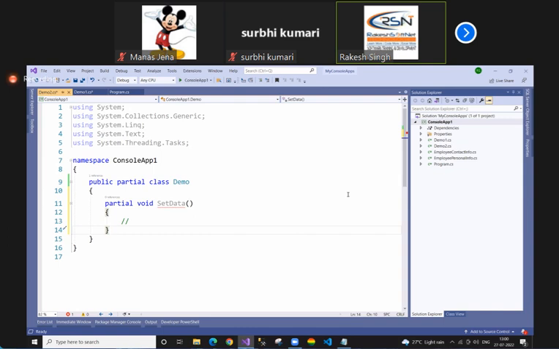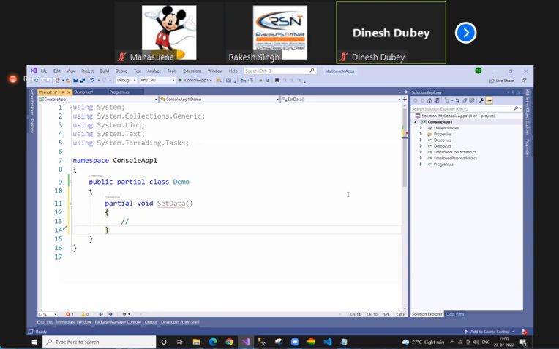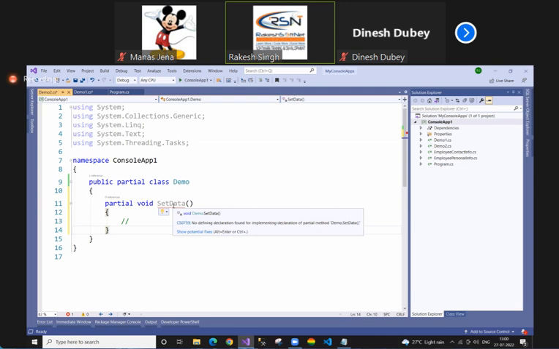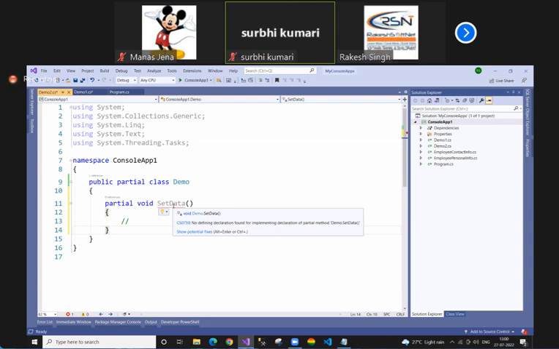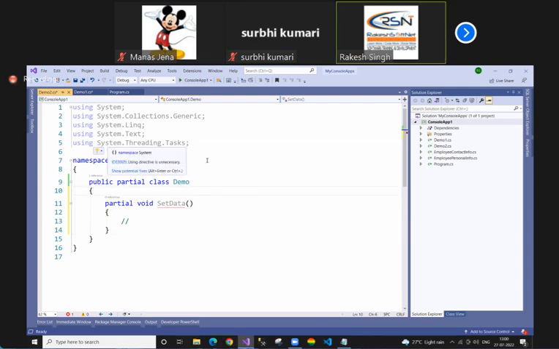Got my point? Yes, sir. So now what I'm going to do here, it's giving the error saying that the implementing declaration of the partial method does not have the declaration found, right? Yes, sir. So here I'll change